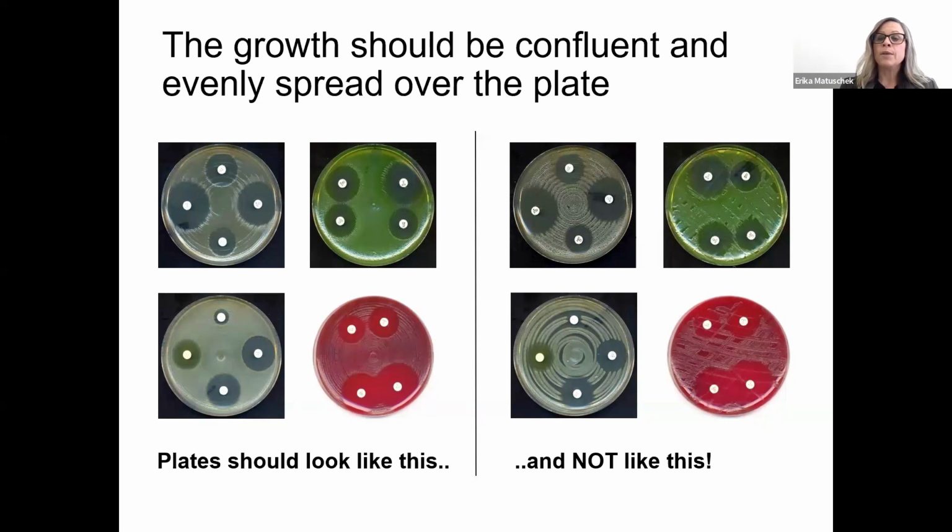The plate here with the Pseudomonas aeruginosa, you can see a lot of patterns from how the plate was streaked, and that is also causing some problems, especially for this disc here in the bottom right part, where you get a flat line instead of a circular zone diameter, and that is only due to how the plate was streaked. And also, if you push your cotton swab too hard into the agar, that usually makes it more difficult